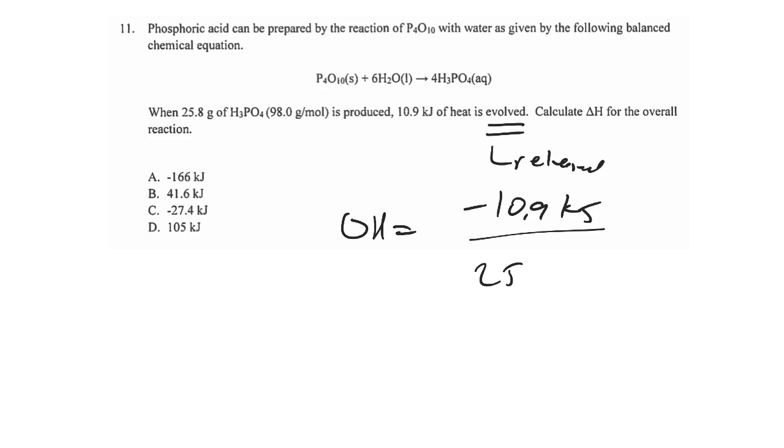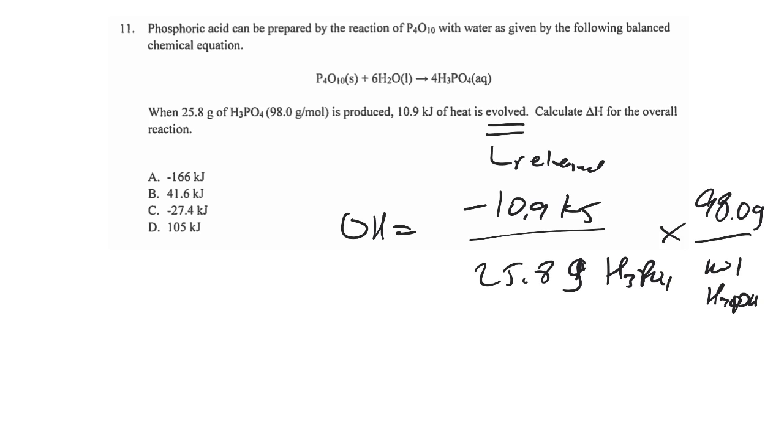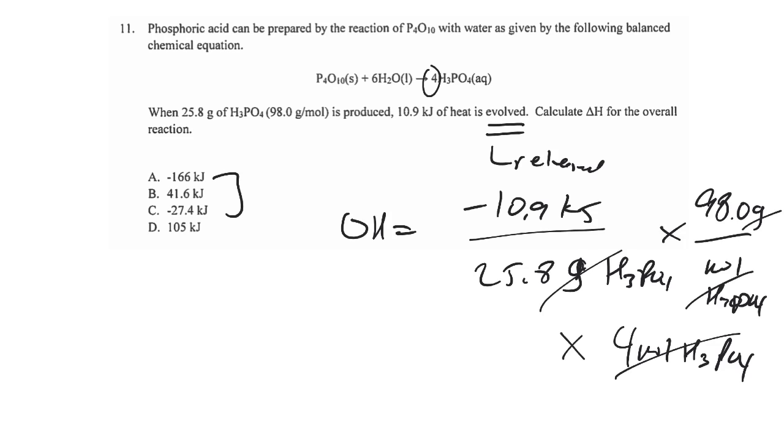And that's per 25.8 grams of H3PO4, and we need to use the molar mass. It's given: 98.0 grams per mole of H3PO4. And then the reaction has 4 moles of H3PO4, so we need to quadruple that heat. So we go from grams to moles. Moles cancel, so we get just kJ. It should be negative, not positive. Exothermic reaction. And probably looking at A once you do the arithmetic. I'm actually just guessing that it's A, but